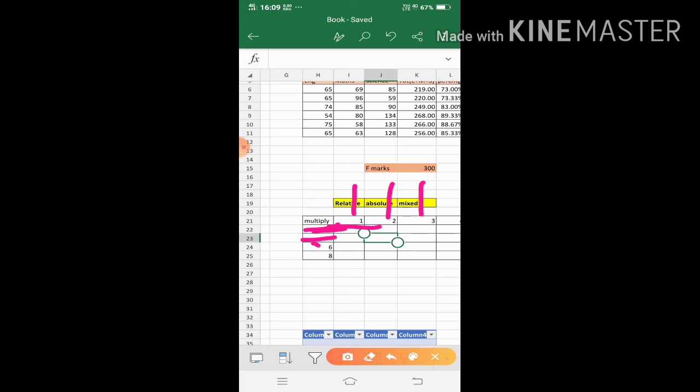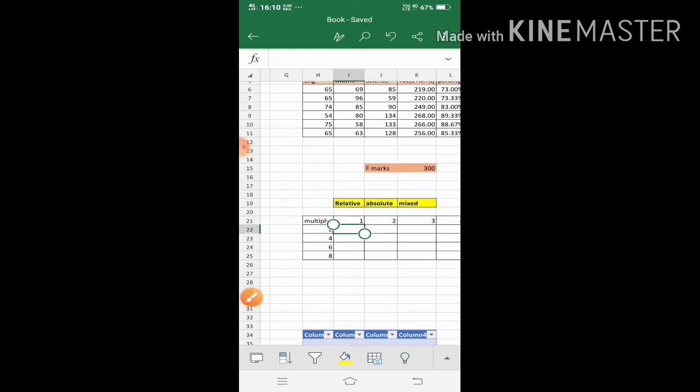Again 4 into 1, 4 into 2, 4 into 3. So here the row is the same but the column varies, and there the column is the same but the rows vary, because 2, 4, 6, 8 will vary. So I have to use a mixed reference here.